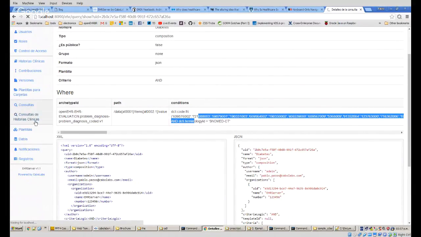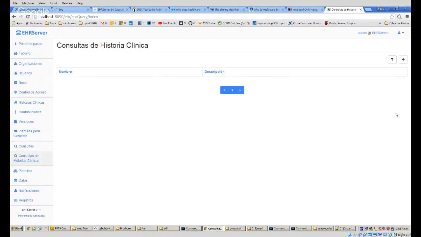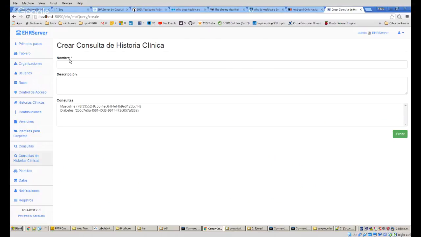With the EHR queries, we can reuse the logic that we created on clinical document queries, and we can mix them together. So this is where we have a lot of power because we can do a lot of things. I already mentioned that we can create alerts, reminders, analytics, and population queries, etc. using this. So the name will be